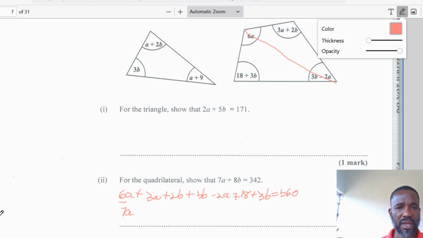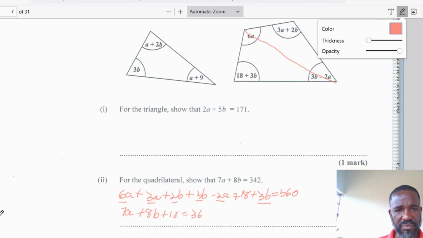Then we have 2B plus 3B, that will give us 5B, plus another 3B, that will give us what? 8B. So we have 7A plus 8B plus 18 is equal to